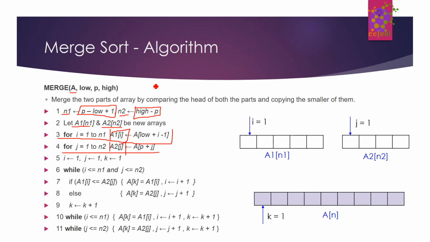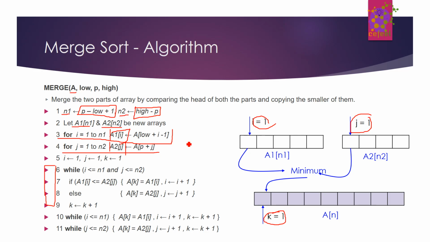So here is the pseudocode. The first step is step 6 to step 9. What it does is we have these pointers i equal to 1 and j equal to 1. We first compare the elements pointed to by A1[i] and A2[j], and we see which is the minimum element. Now that minimum element is copied to the space pointed to by k. So let's say i was 1, j was 1, we compared, and then the minimum element we